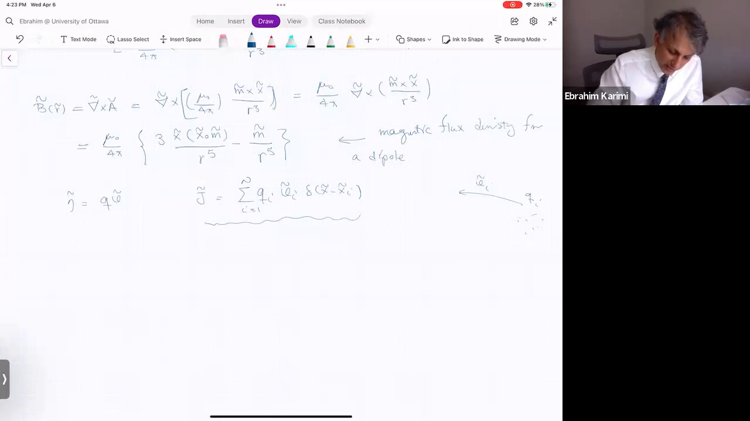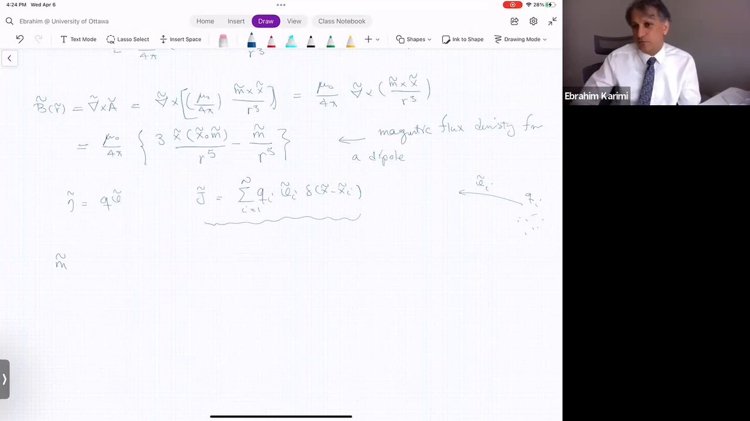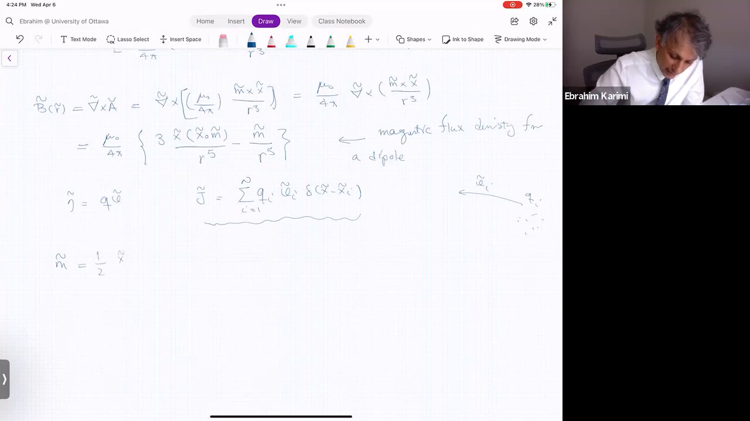If we have this current density, then due to this movement of the charges I'm expecting to create certain dipole moments, which is the first approximation that we are seeing. We are not expecting to see a monopole, but we are expecting to see the dipole term, which is given by 1/2 of x